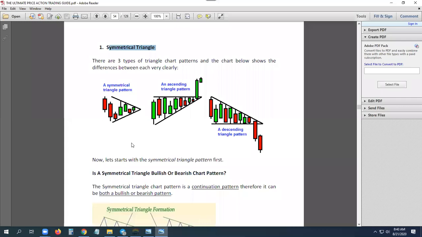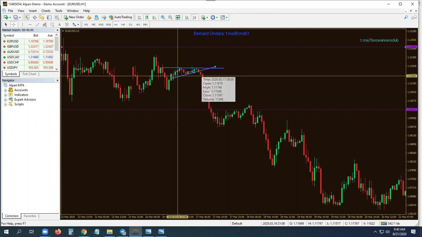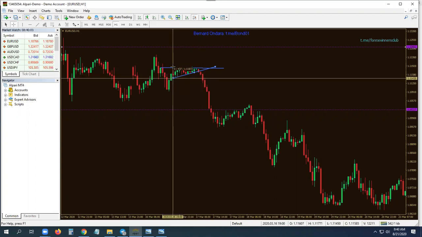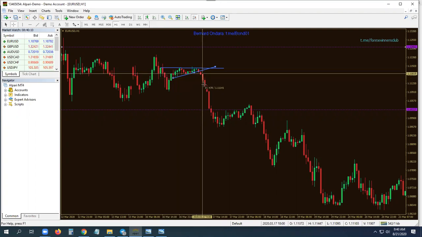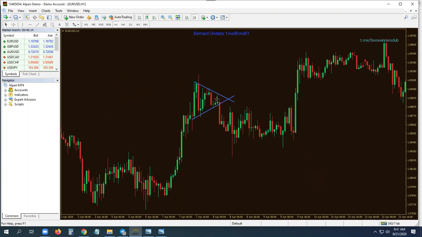So when you want to trade these patterns, you wait for a breakout and you determine the next level where the market will stop. For example, this is a breakout. If you want to trade that breakout, you can imagine from there. So you can take the height of the triangle, and that becomes your take profit. So if the height is 43 pips, after the breakout, you close your trade 43 pips down. For this one, after the breakout here, you measure the height here, 43 also. So after the breakout, your target should be 43 pips.